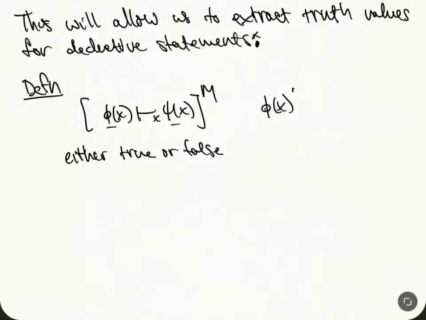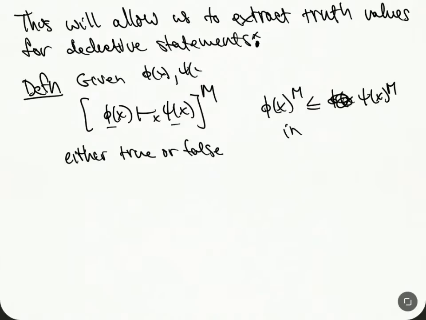So depending on whether this thing is less than or equal to M in, so let's say the context given, let's say phi of x, psi of x, in context x is equal to x1 to xn,